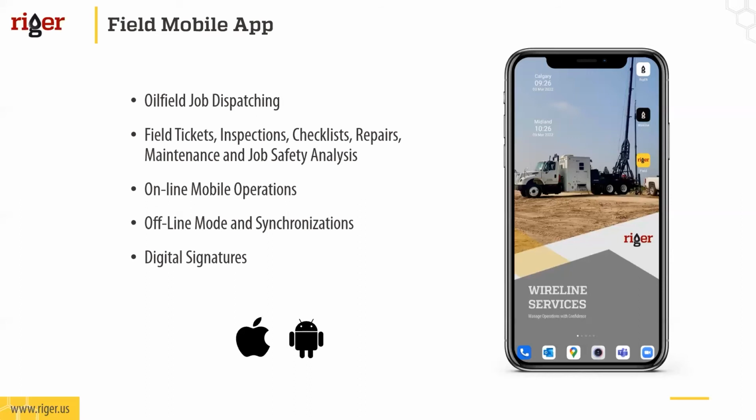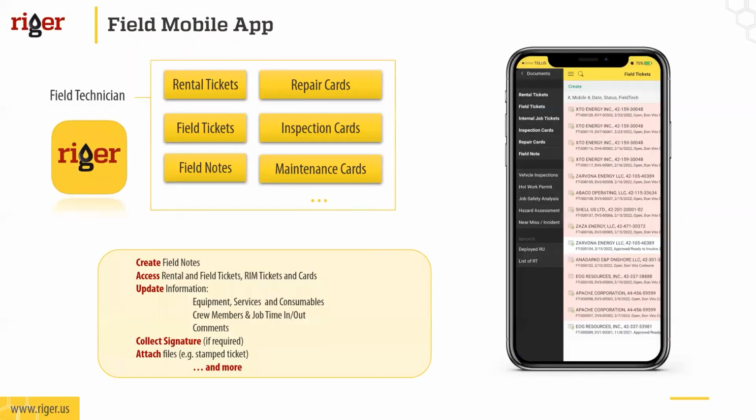So today we're going to talk in a lot more detail about the yellow mobile app, and I know Arsen already covered some of it. So let's talk about the different types of documents that the yellow mobile app has, and what the main purpose of the yellow mobile app is, and how it's currently working. As I mentioned before, either in the cloud version of RigER or the white mobile app,